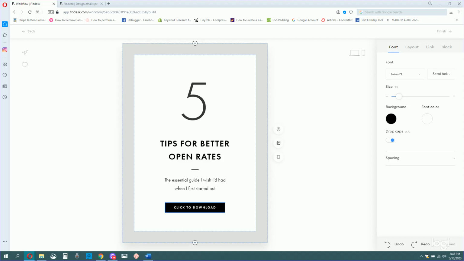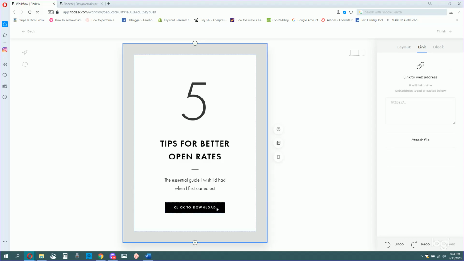So when I click on this section, you can see it lit up by the blue outline, I can come over here on the right side and go to link. And that's what is linked for our button here. So we can go ahead and upload the web address if you have a website and your PDF lives on your website, which is typically what I would do. I would upload the PDF to the media section of my website and just grab the link there and paste